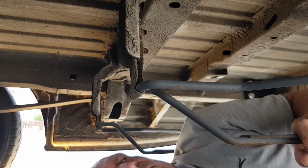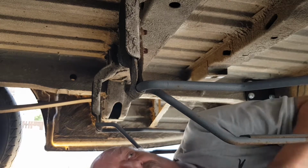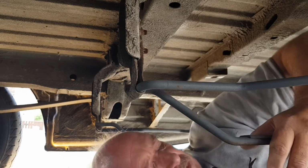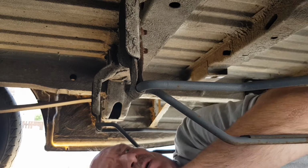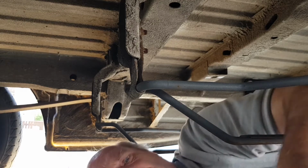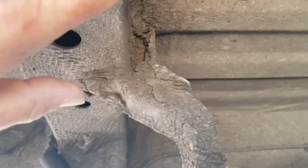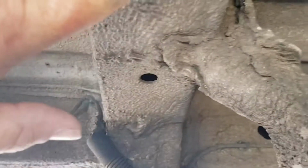That's going to be a grinding job. I'm going to use this. I'm hoping I can just cut these off straight off without having to undo all the brackets on this for now. It'll be easier, a bit less messing around, but yeah, that's where it's all going to sit in. We're cutting right through these brackets, careful not to get these cross members, and the water tank will get fitted to these